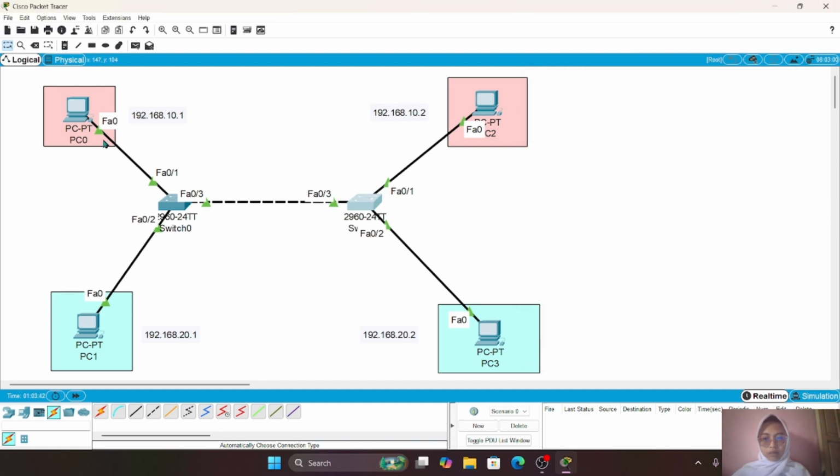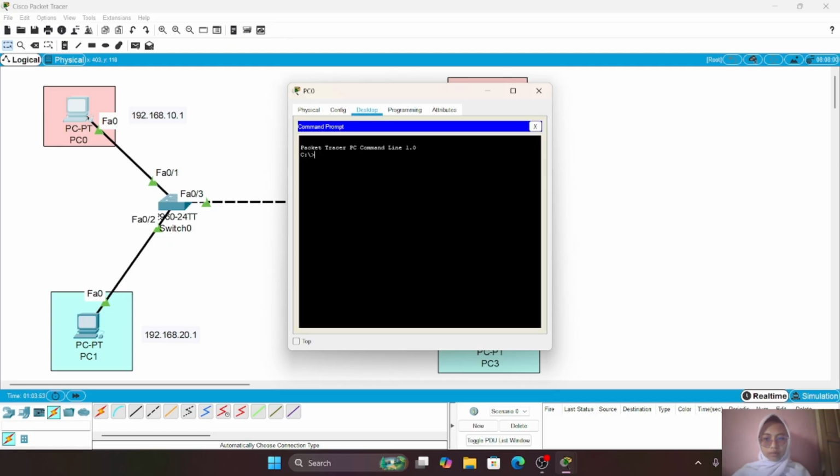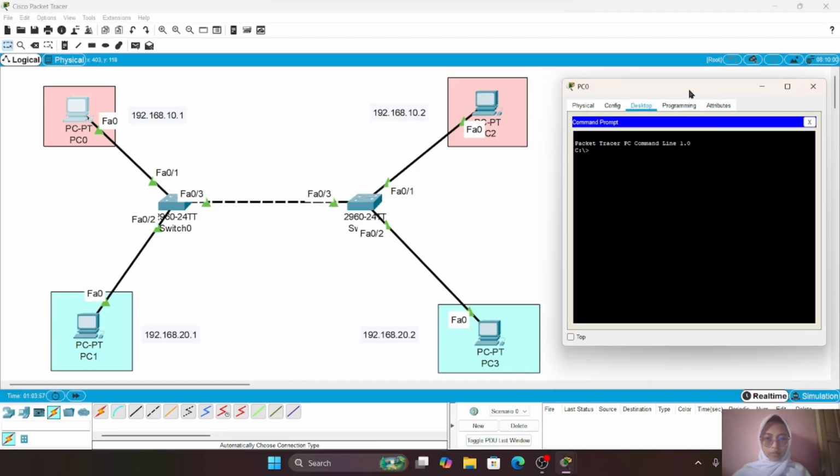Now I will perform connectivity testing to verify that the configuration works correctly. First, I send a ping from PC0 to PC2.